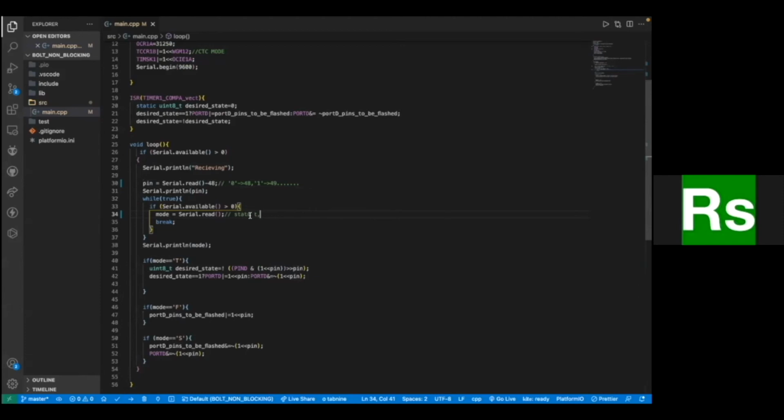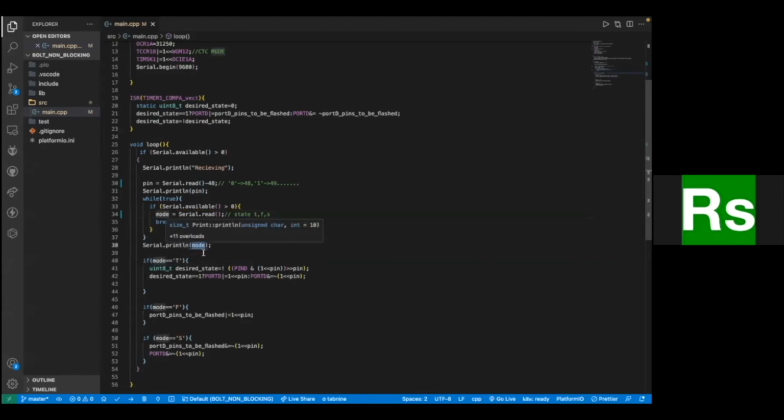Next, we need to send the state: do we need to toggle the pin, do we need to flash the pin, or do we need to stop the flashing? So these are the 3 things. T is for toggle, F is for flashing, S is for stopping the flashing. We receive the ASCII value in mode and we break.